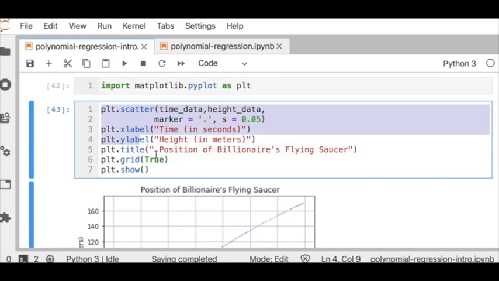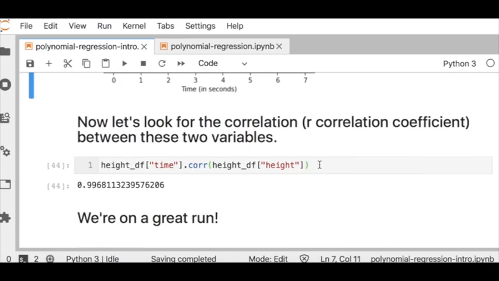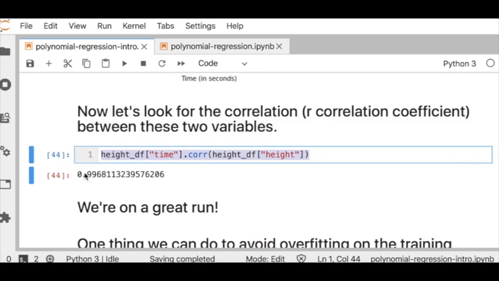And this block of code is showing the position. Remember, we said it looks a little curved, but it looks pretty linear also, just from eyeballing it. Then when we looked at the correlation coefficient, it is extremely high. The correlation coefficient is a number between -1 and 1, and if it's +1, that means that you have a perfect positive linear relationship. So this number being so close to 1 is another indicator that we have a good